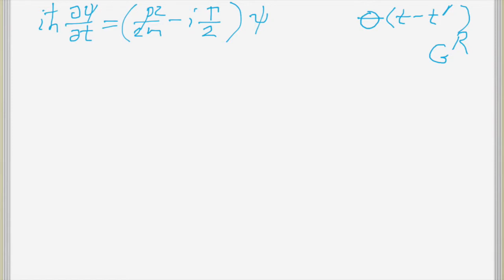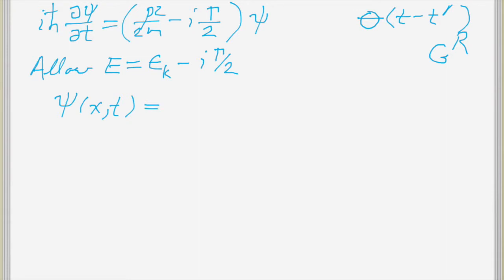Well, you can look at it two ways. If I allow my energy to become complex, which usually you don't do. If I allow my energy to become complex, so it's equal to my usual h bar squared k squared over 2m, which I'll just write as e_k, minus i gamma over 2. Okay. Then my solution would just be the usual e to the i k x, e to the minus the usual time dependent thing you always get, e to the minus i e_k t over h bar. No different there. But then you get this other extra term, e to the negative,